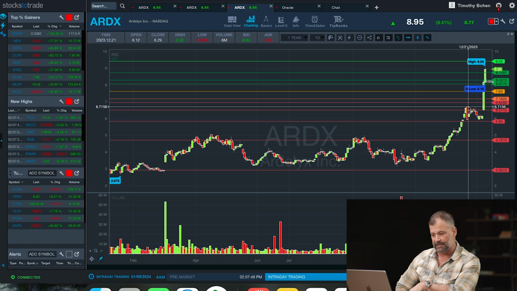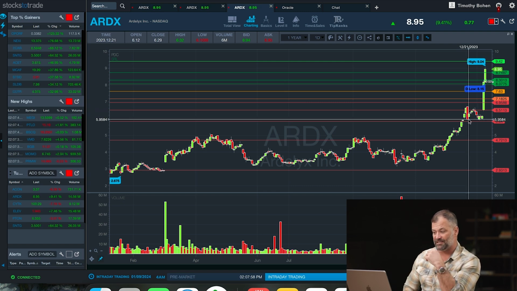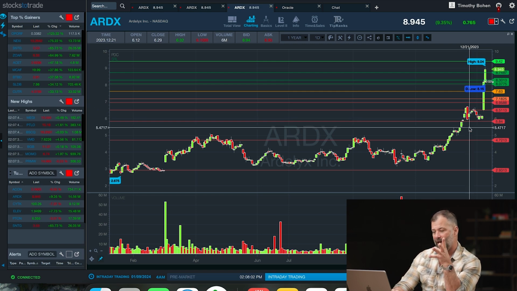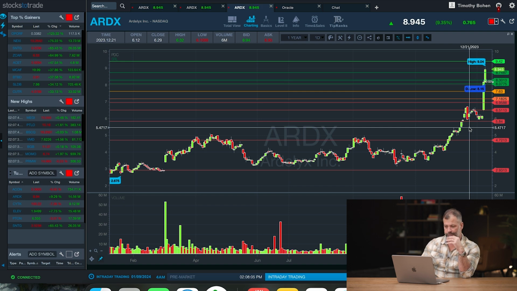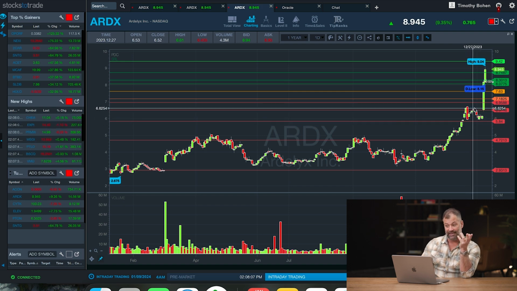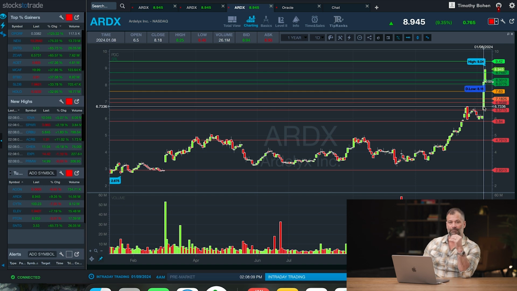And the reason is, when you think of that failure to break out in late December, big candle the next day. I mean, look at that big candle. It went from 670s all the way down to $6. So everybody that held through that pullback, which they got rewarded, probably not the smartest move, but they did get rewarded. So once it flips in those 670s and 680s on the intraday chart, so we're talking the daily chart here, 1 year, 1 day chart, once it hits both a 52-week breakout and a high of the day,